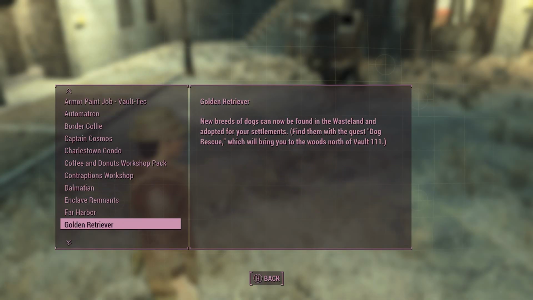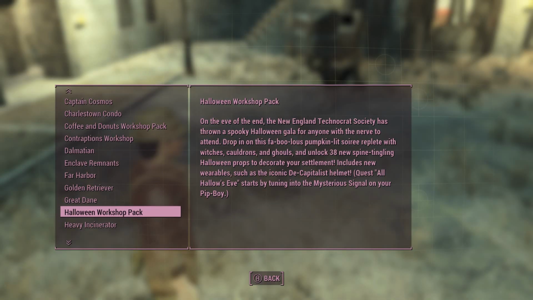Far Harbor. Yes, there it is there, the Halloween Workshop Pack. Yeah. Not interested in it. It's really, well, I'm a Roman Catholic. I don't agree with this. People don't seem to understand what the word hallow means. But anyway,